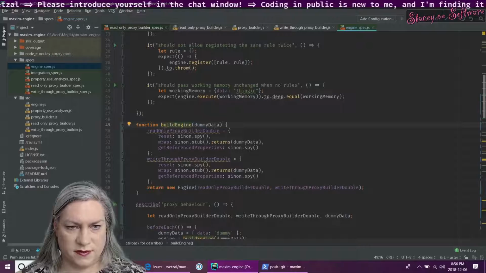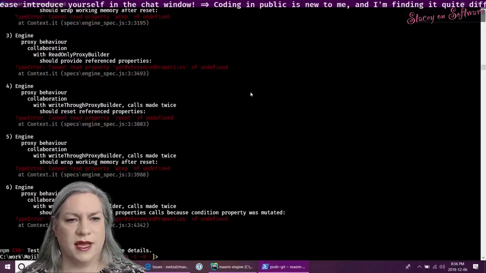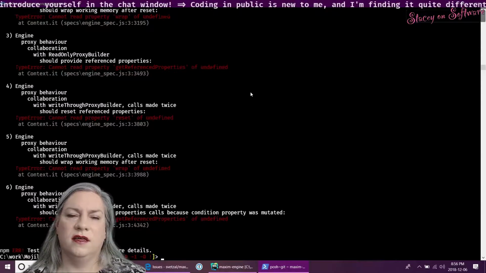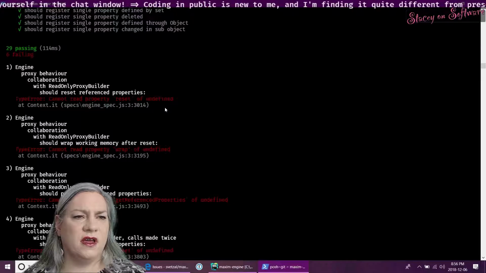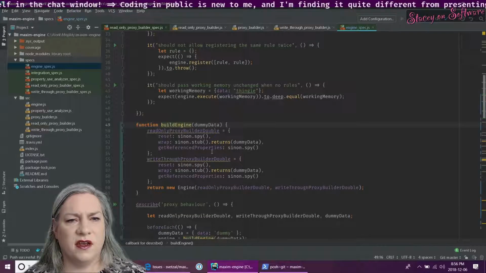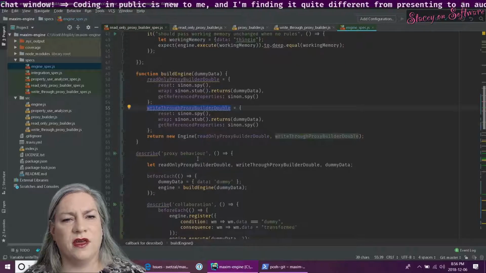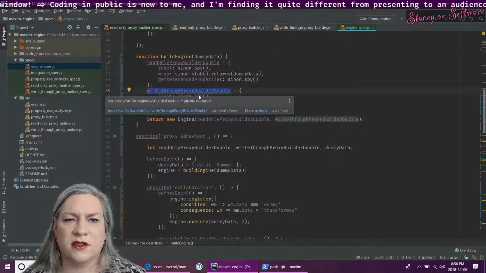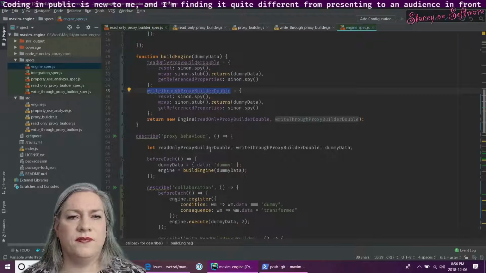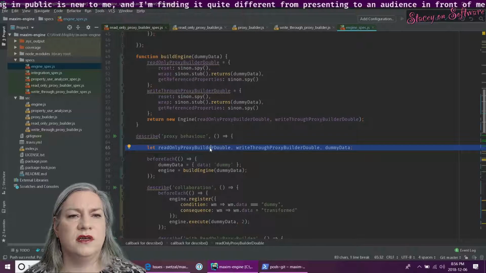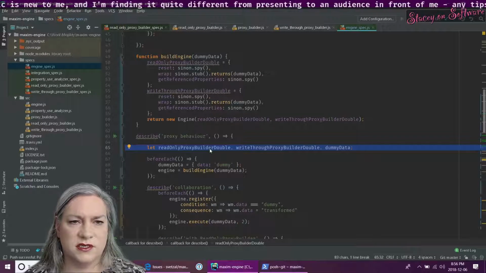so how's that doing? Ow, broke that pretty good, huh? Can't read property reset of undefined. Wrap of undefined. I broke it all. Oh, these are assignments. I can't just return the one thing. I gotta reference them later on so that I can inspect those spies. That's just not gonna work. So these things